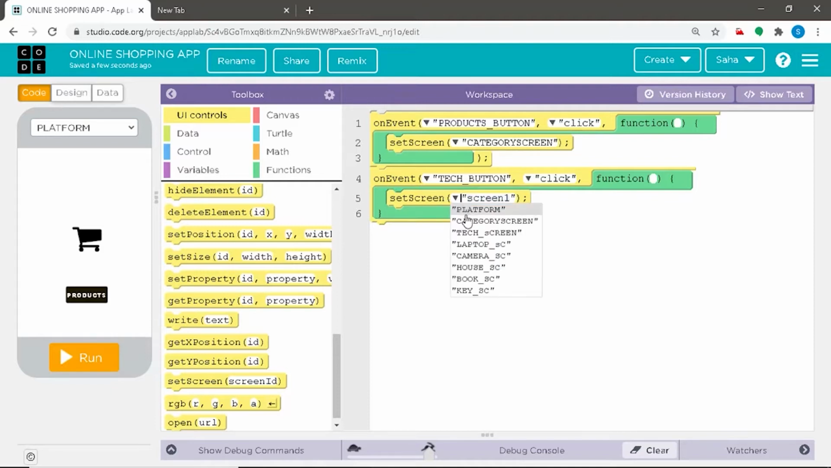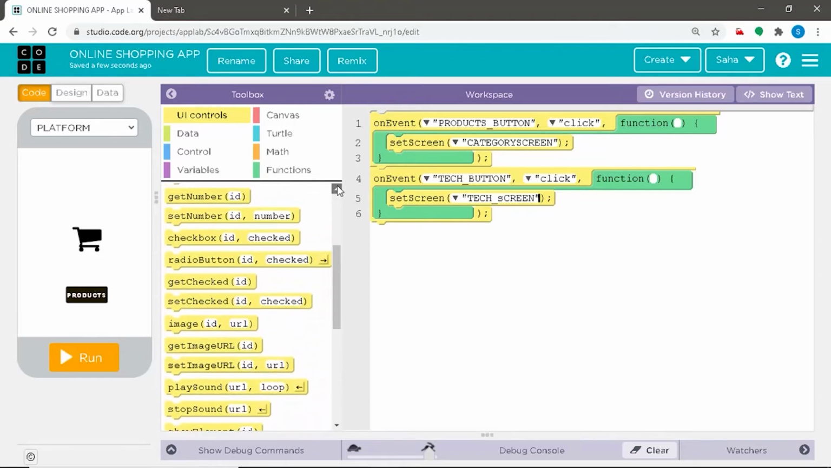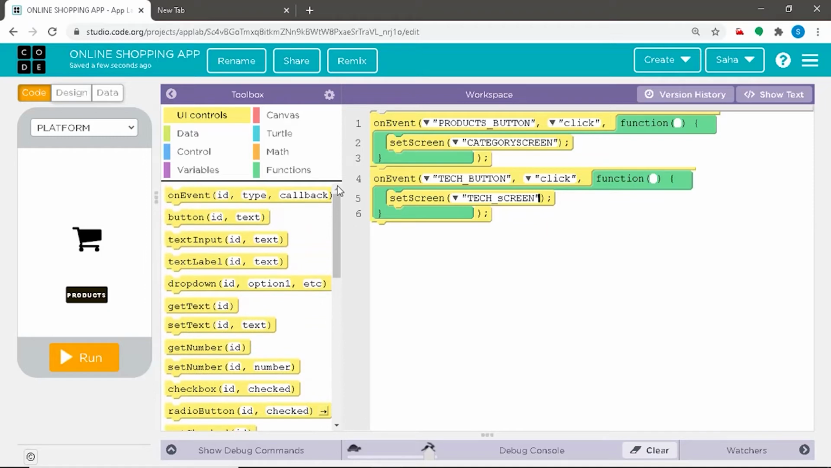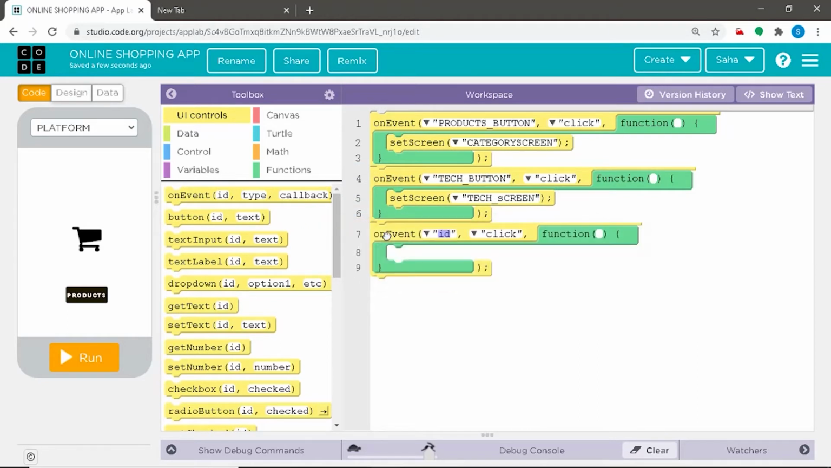Now we have defined the technology button. Now we have to define the next button, which is the household button. For this, again, clicking a household button is altogether a different event, so we shall again drag the different on-event command, assemble it in the script, choose our button to be household button,